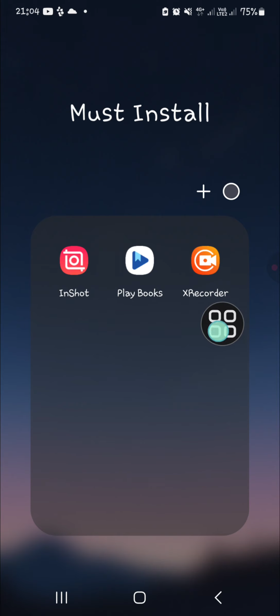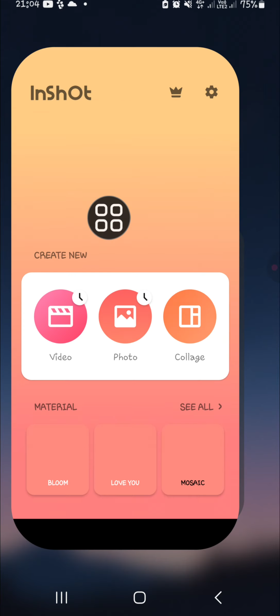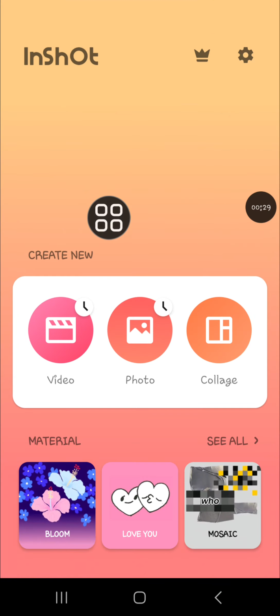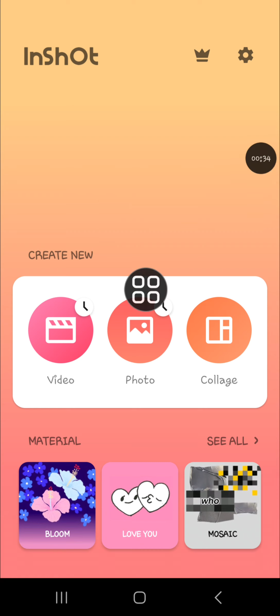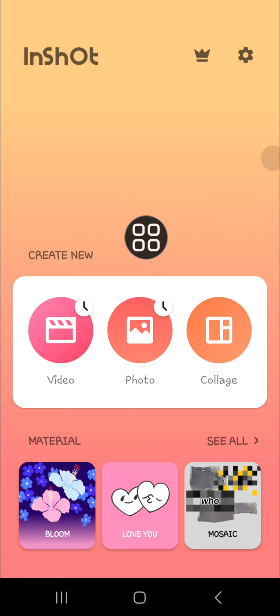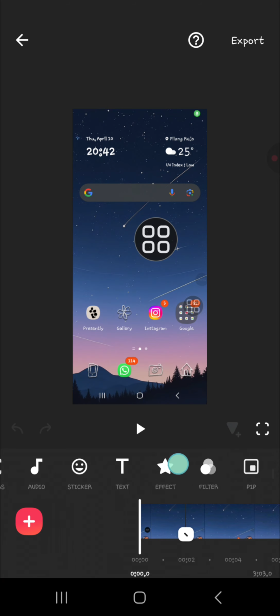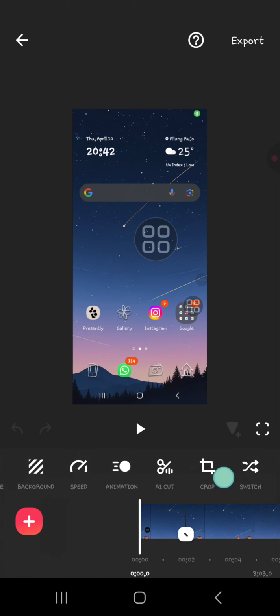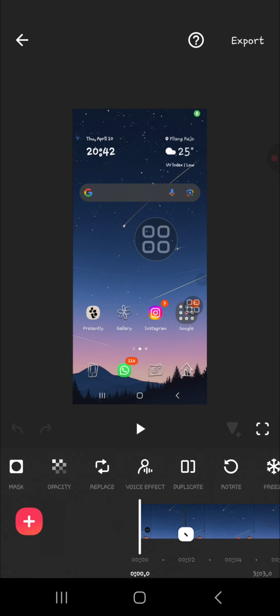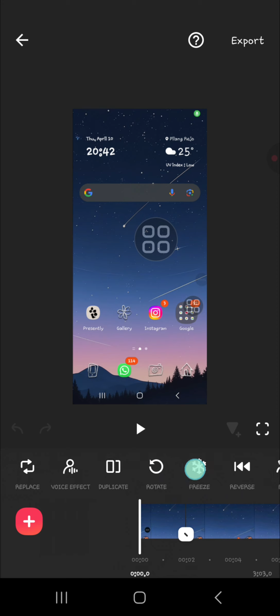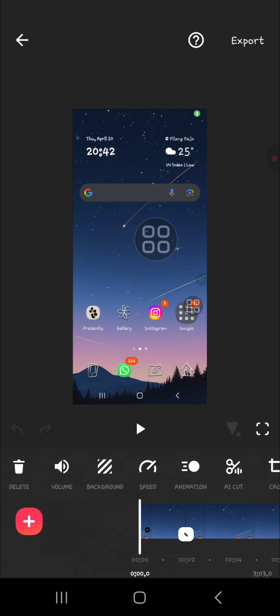The first one is InShot Video Editor. Basically, you can use this application to edit your photo or your video. I recommend you use this application because it is easy to use, and of course it has a lot of free features you can use to edit your photo or your video. These are the features, and most of them are free, so I recommend you download and install